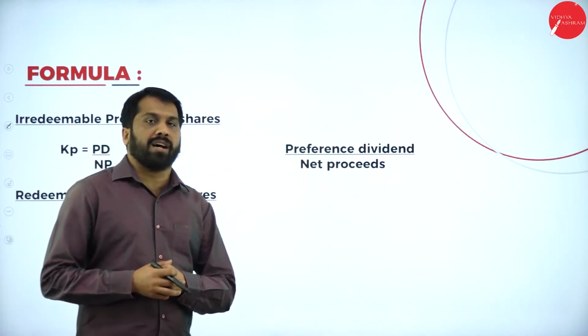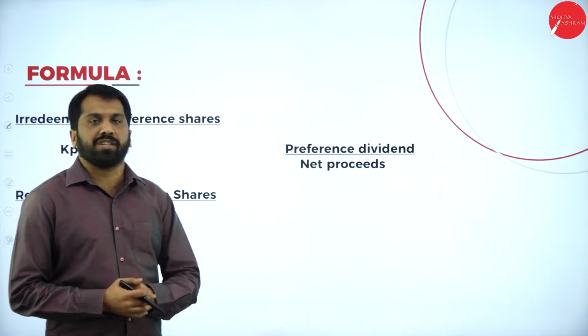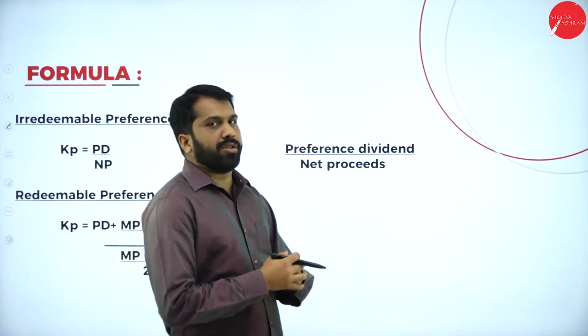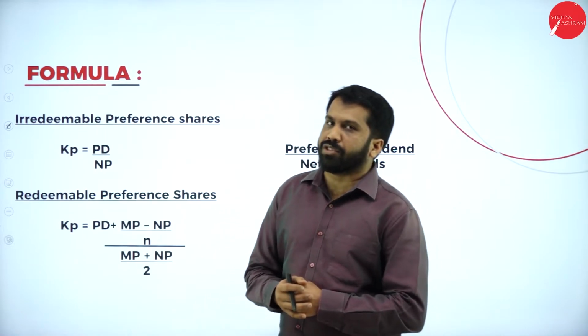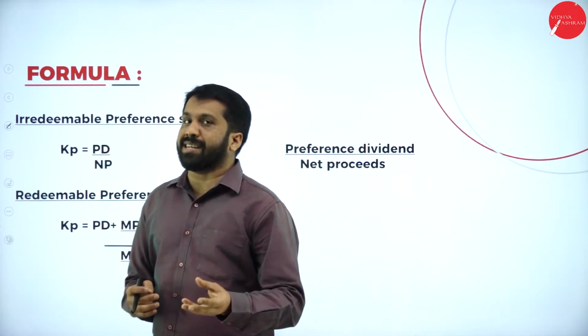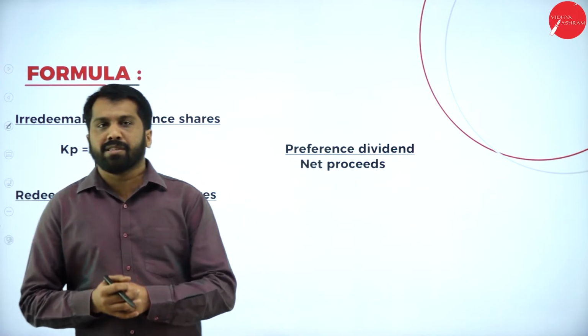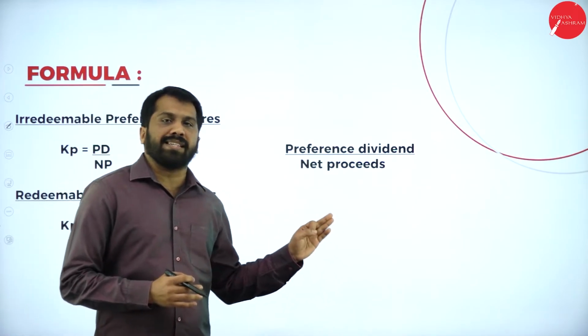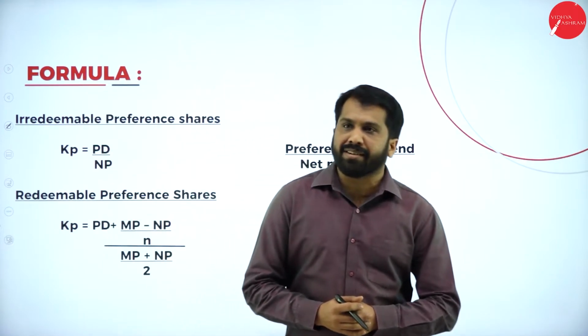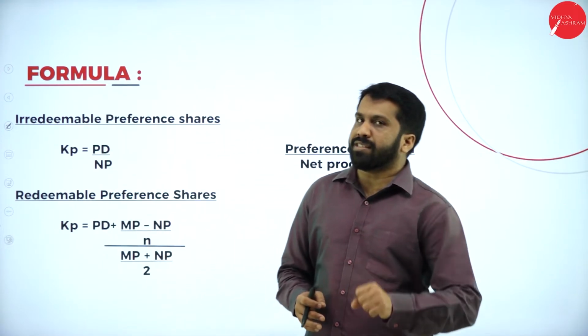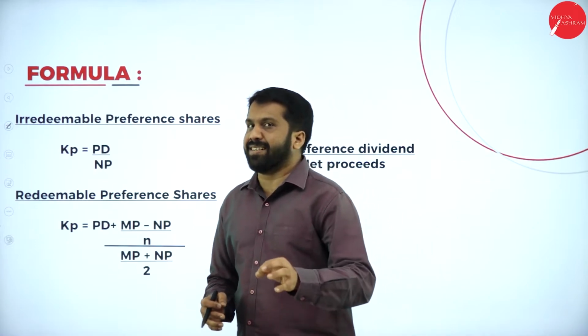So now we are into your preference shares. We're done with your debentures. Hope you understood. We have done almost 4 to 5 problems on debenture. Not even 4 to 5, more than 7 to 8 we have done, I think. So hope you understood what is debenture. Under debenture, we have redeemable as well as irredeemable. You understood what is redeemable and what is irredeemable.